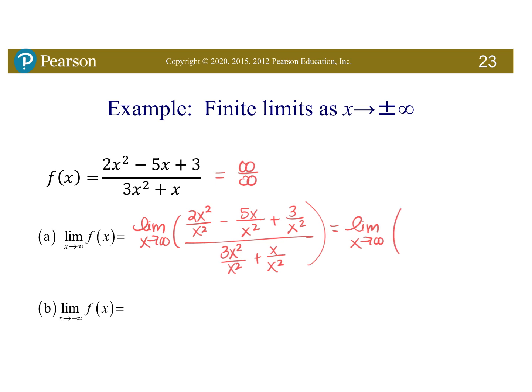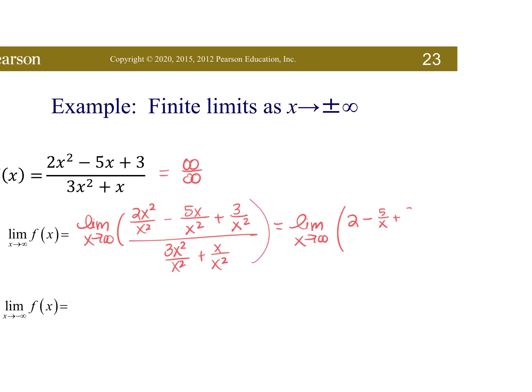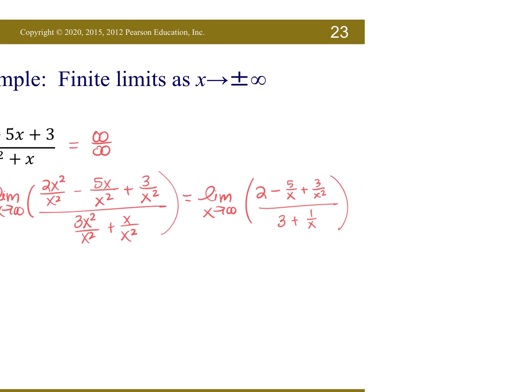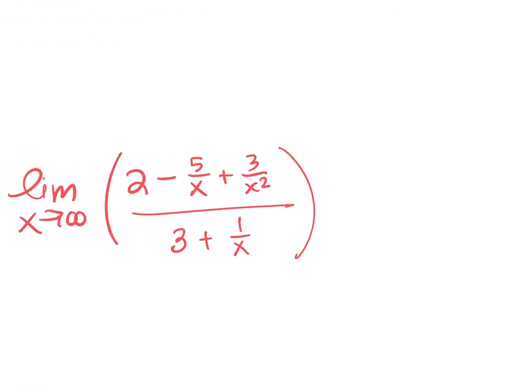I get 2. I get minus 5 over x. I get 3 over x squared. I get 3. And I get 1 over x. And then I can try plugging in infinity into that. If I plug infinity into that,